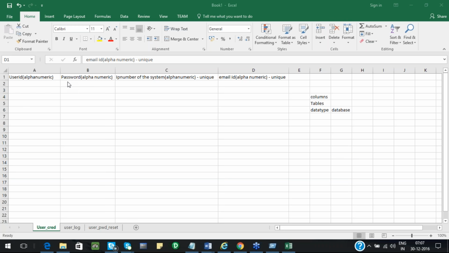Say suppose in the front end UI definition, using either Java or .NET, I mentioned it will consider only letters, not any numbers. Whereas in the database, I mentioned it as alphanumeric.